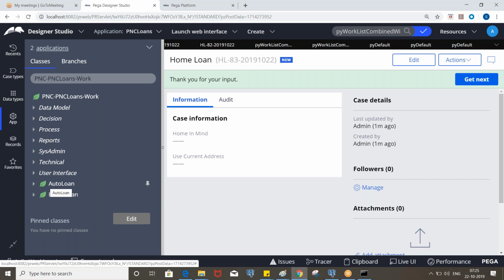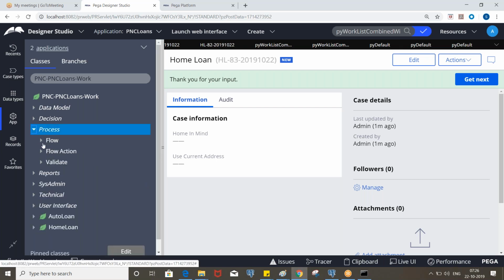Okay, and at each interval, we can increase the urgency. Let's say we routed an assignment. If the manager doesn't take any action in 1 hour, we need to increase the urgency so that the priority of that assignment will be increased. Okay, and at each interval, we can call some rules.